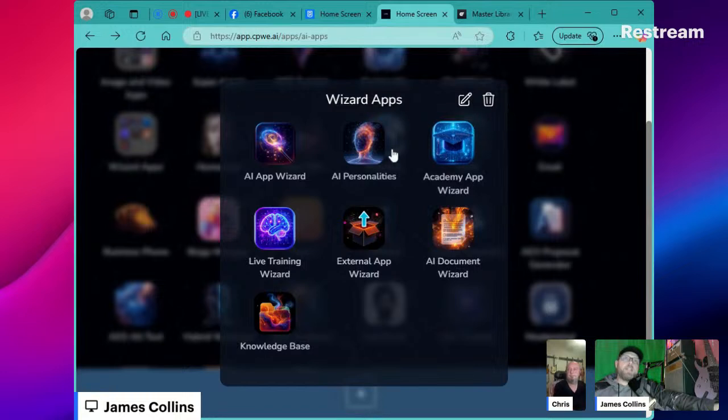Kajabi, $168 a month. ChatGPT, $200. AI App Wizard doesn't even exist yet. This is building apps on the fly and you owning them.